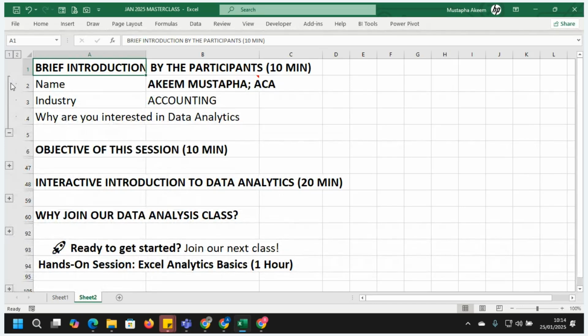The industry where I belong is accounting. I'm an accountant by profession and by practice. Why am I now interested in data analytics? As an accountant, accountants deal with figures, and all these figures are used to make decisions.